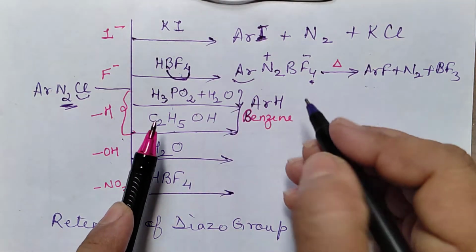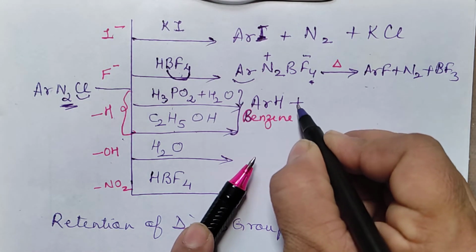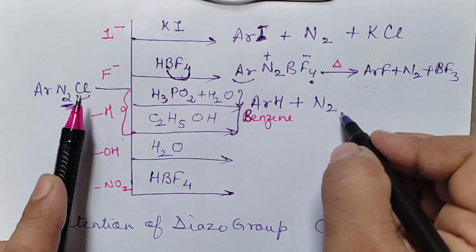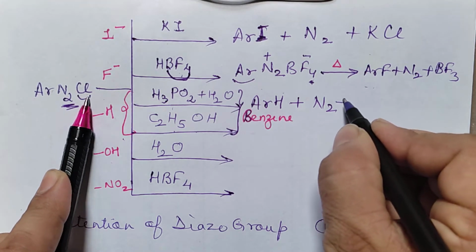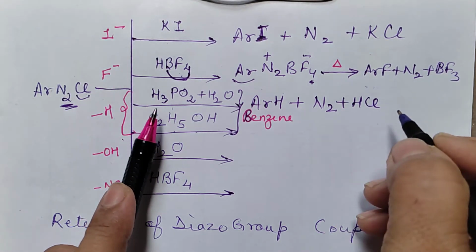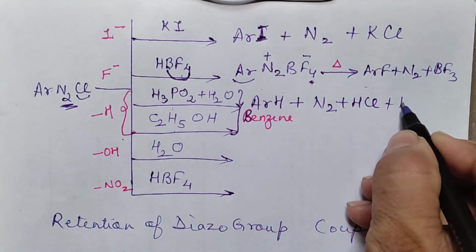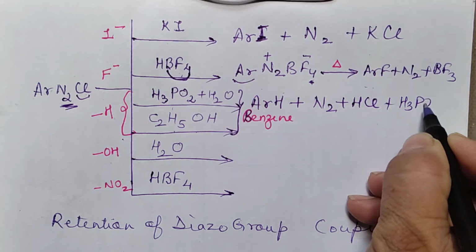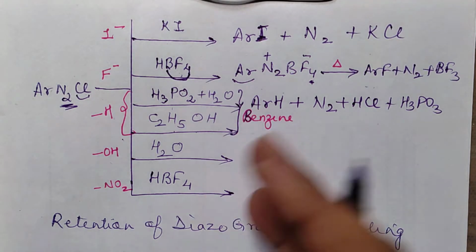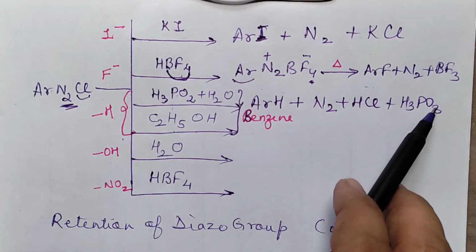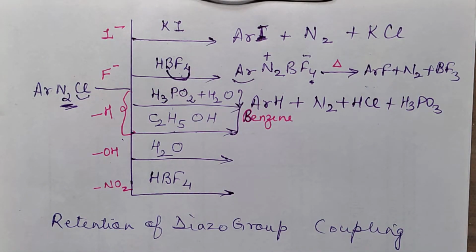So then further what happens is, benzene is there, plus nitrogen has to be evolved as one of the products. And then one Cl also did not come out, so one HCl will be there, and this H3PO2 hypophosphorus acid will get oxidized. You will get H3PO3, a higher oxidation state you are getting. From here if you check phosphorus, here the oxidation state has increased.